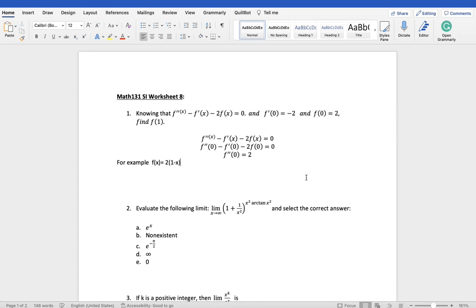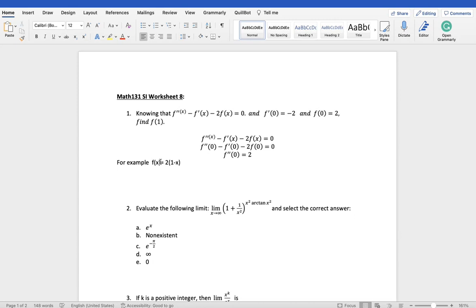Because you're trying to find a function such that when you substitute in 0, you get 2. So when you substitute 0 there, you get 2. When you derive this expression and you substitute 0, you also